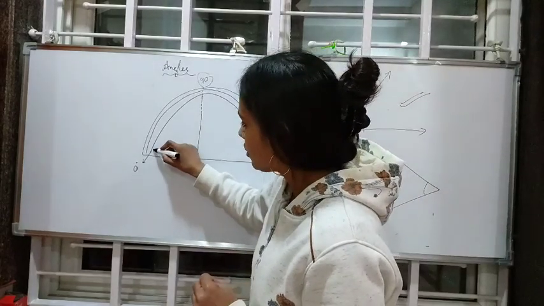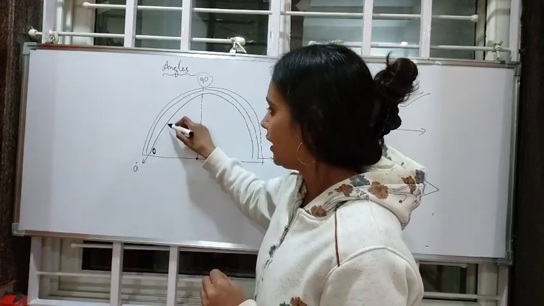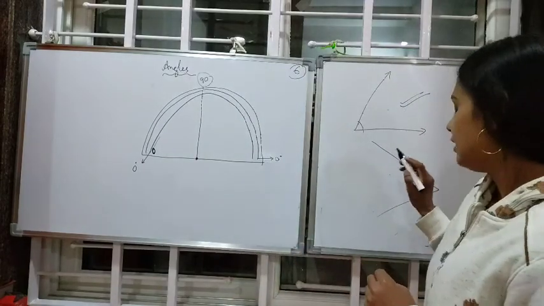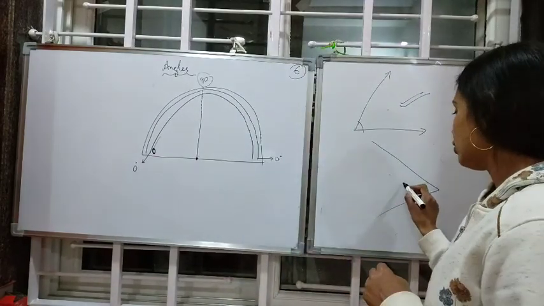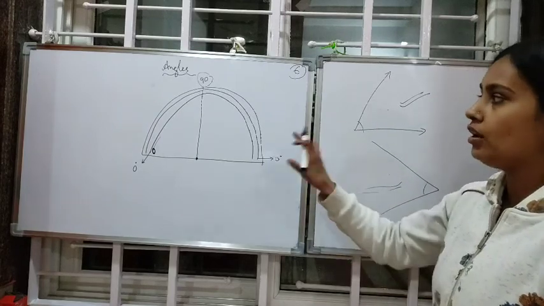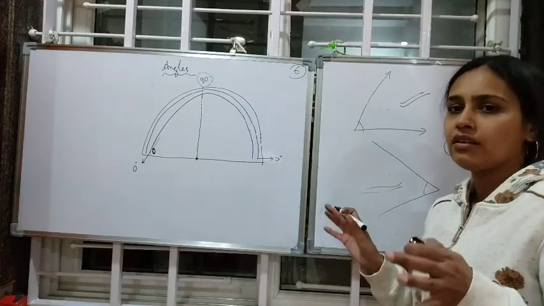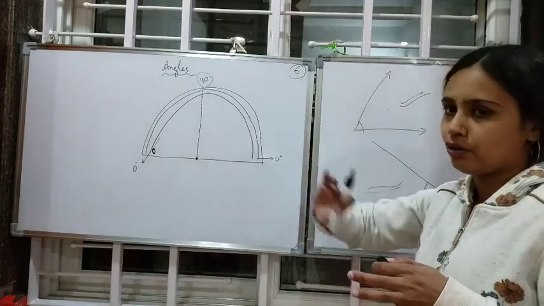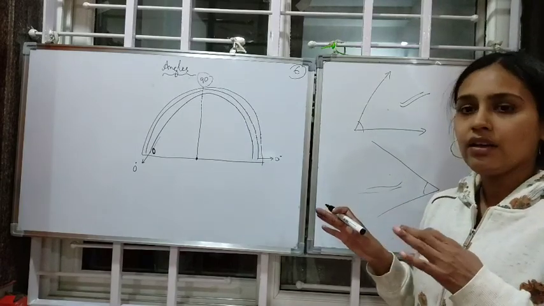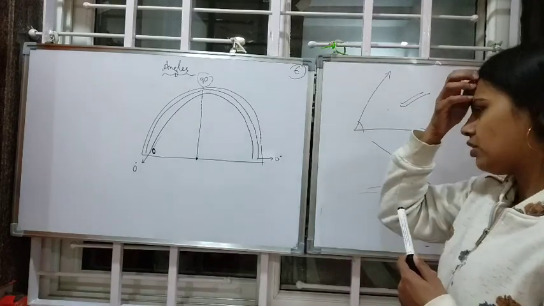And the inner scale, where 0 is starting, from wherever the 0 is starting: 0, 10 degrees, 20, 30, 40, 50, 60, like this. That inner scale is used to measure the left facing angles. So this is all about the protractor. This is a small revision. Last year we did a lot about the protractor, so I know that you all remember. Still, we did a small revision about it.